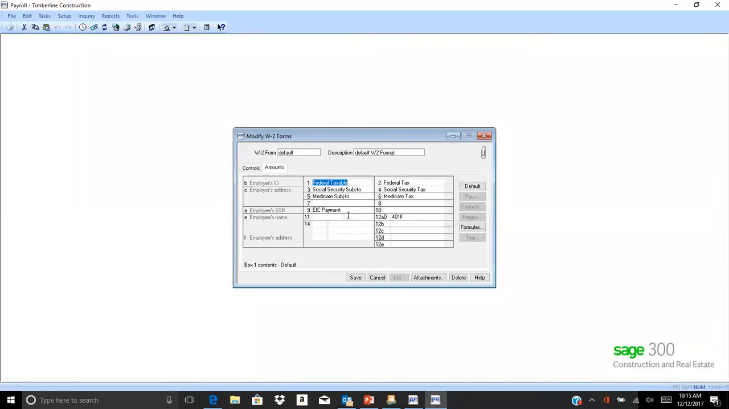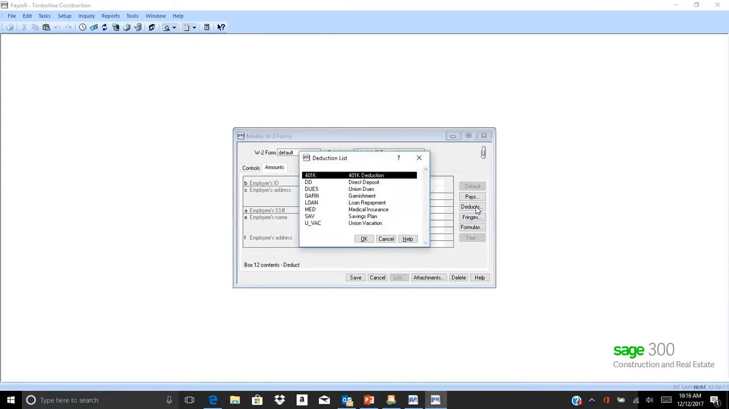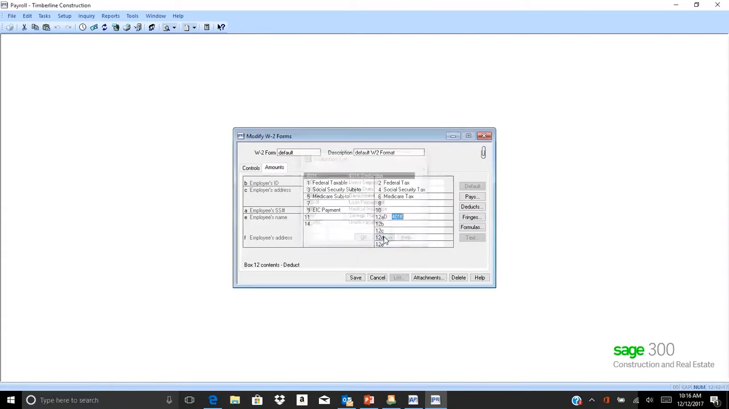The only thing that you need to worry about here is what you want to print in boxes 11, 12, and 14. Now 12 is reserved for the special types of reporting that you need to do. And a good example of that is the 401k. The code for the 401k is a D, and then over here you will use either the deducts button to pull the deduction for the 401k into that field,